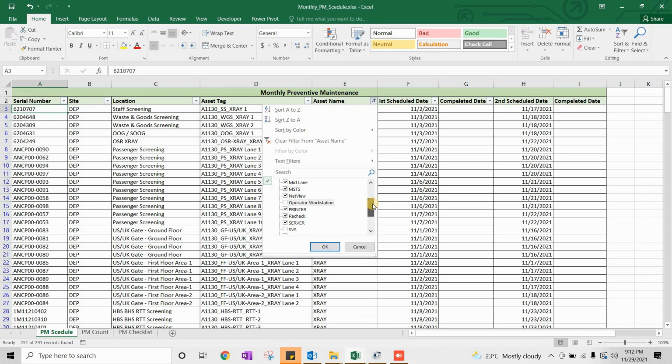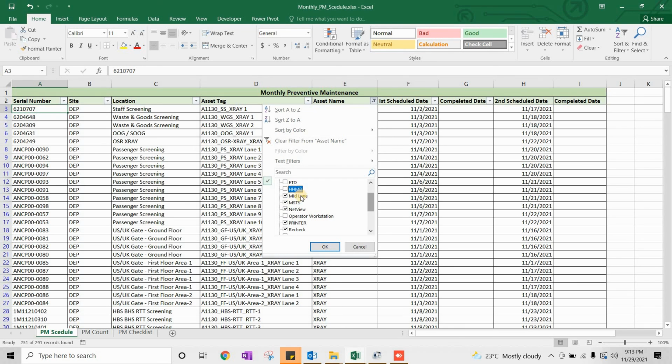And the numbers which are with the PVS or SVS or TRS or HHMD also, the HHMD also is included in the X-ray machine. It's a separate part, separate unit, but it's a small unit which will be used for checking passengers. But you have to specify that in the same PM report. So in the notes section, you can mention the serial number of HHMD or PVS or SVS. You have to mention that.